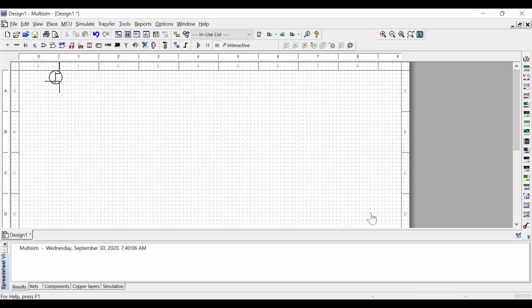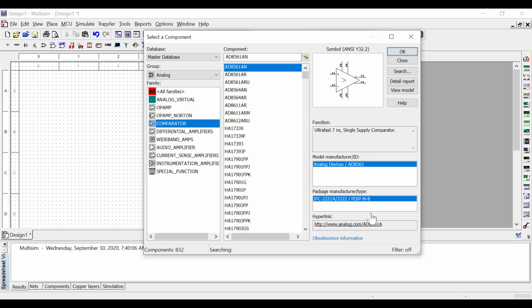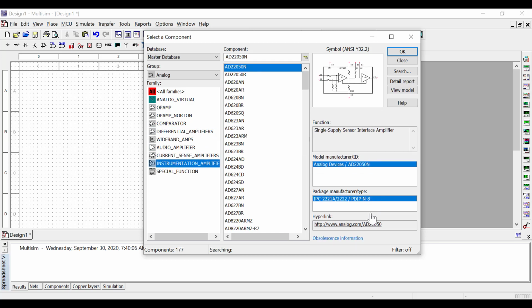Then if you click the next one, place TTL. This is a logic family. That means you are going to see all the ICs, say whatever you have seen previously. So this is only transistors, and this is your analog quantities. Analog means you are going to have your op amps, your comparators, your differential amplifiers, your audio amplifiers, instrumentation amplifiers.